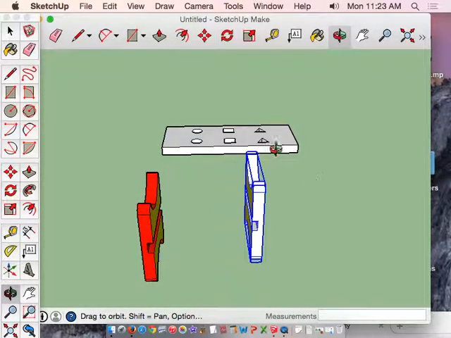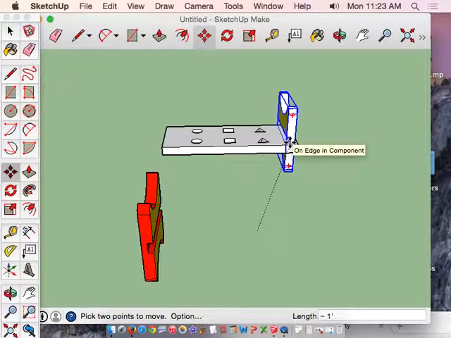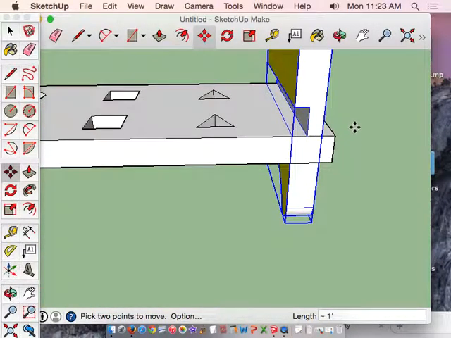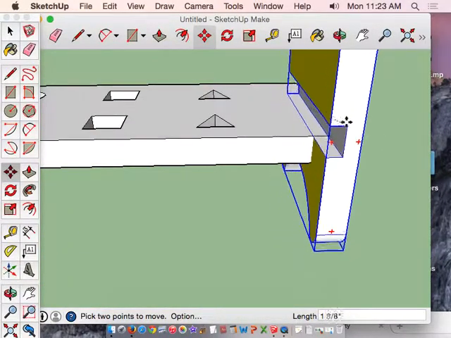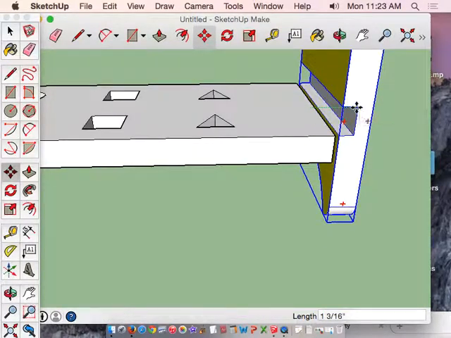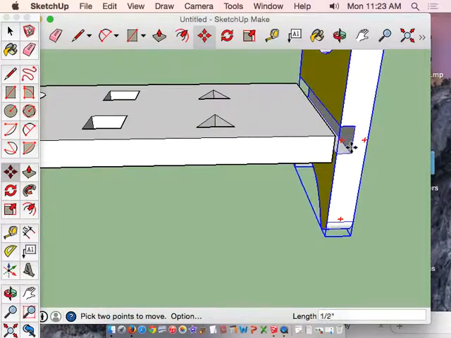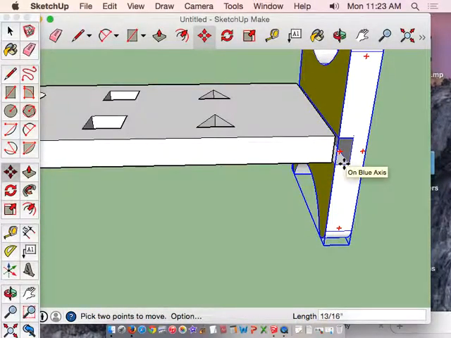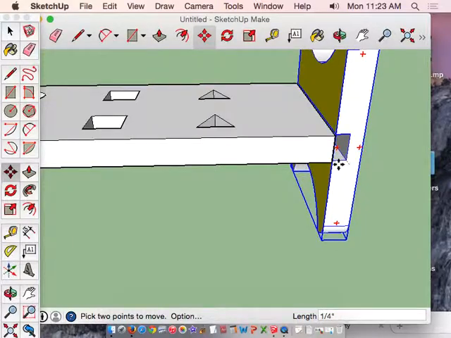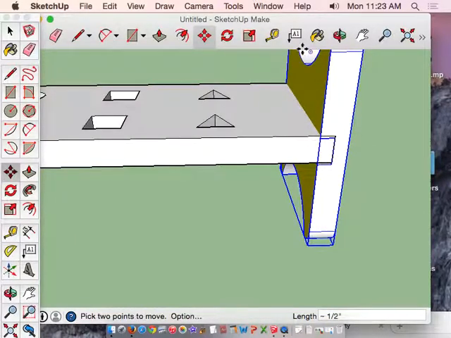Okay, now I'm going to start putting these together. This sometimes takes a little practice. I'm going to use the Move tool, and I'm going to grab it at a corner that I want to take, so I'm going to grab it right here. If I just grab it anywhere, it makes it really hard. And I'm going to bring it over. A lot of times if I touch the thing, it will be easier. Now I'm going to grab it again, and I'm going to try to get them connected. This takes a little practice. You just got to kind of bring it down. There we go. And now I'm going to bring that in, and it will want to snap together